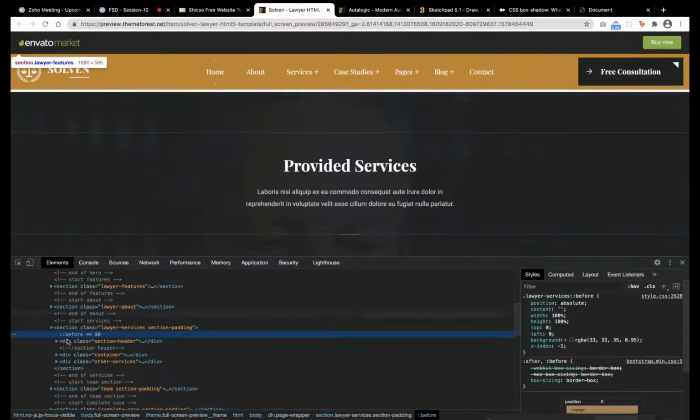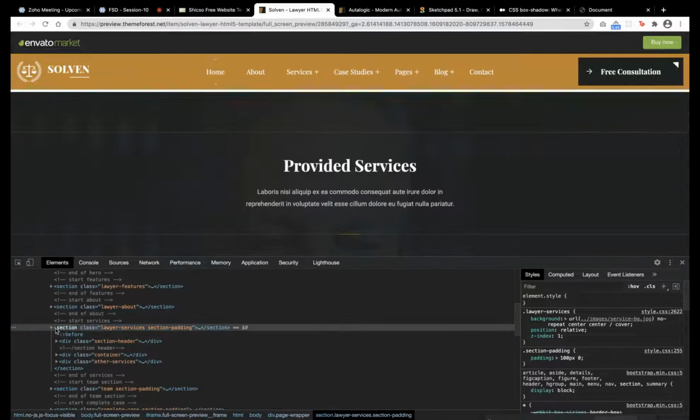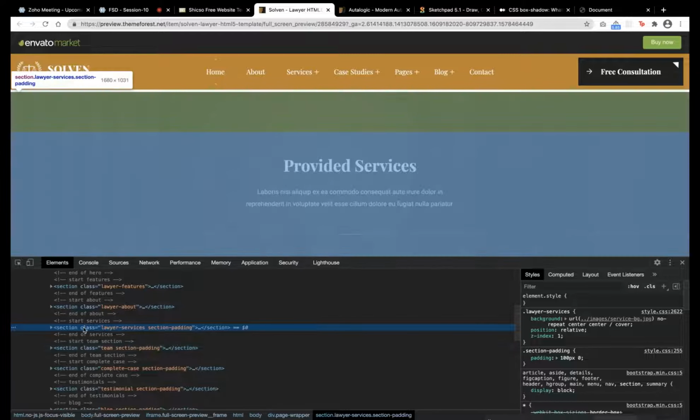There is a thing called the section tag, same as the division tag. That is a semantic tag. We can add a section tag or a division tag. Both are the same, just the name varies. The section tag gives a meaningful name. So for now, keep it as a section tag. See here, this is a section tag.